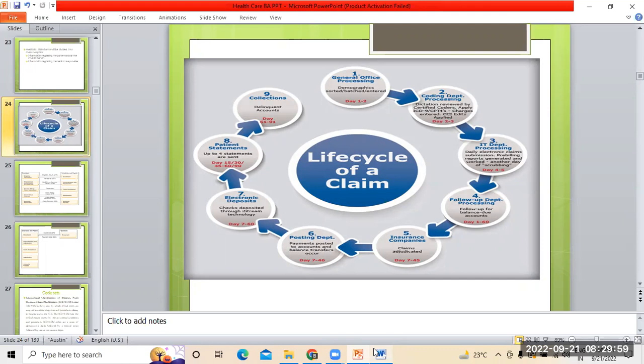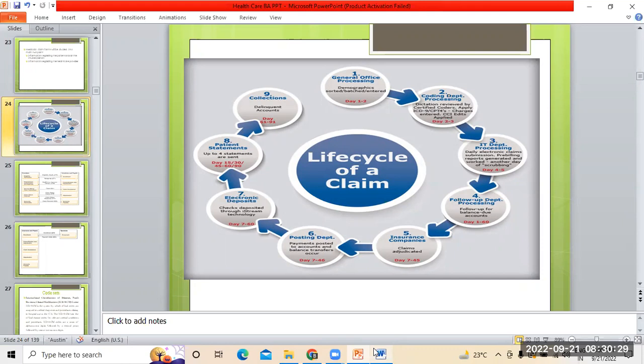If it was not satisfied, again from the fifth point, it goes back to the healthcare providers, where they have to provide the necessary information. So this is the procedure that we follow. Once it is done, next is the posting department, where we post the claims, all that stuff. From there, through electronic deposits, whatever transactions happen through clearing houses and everything,